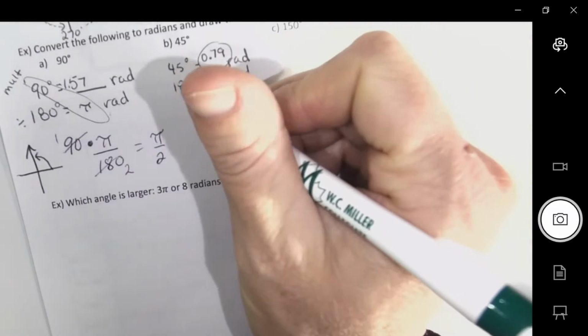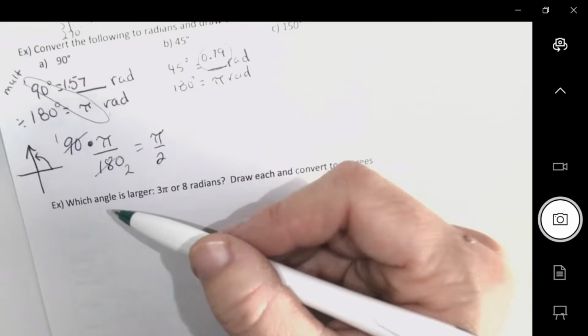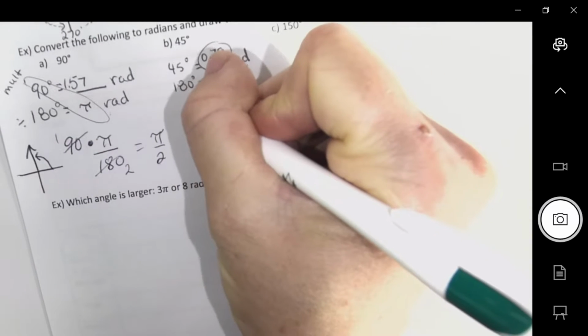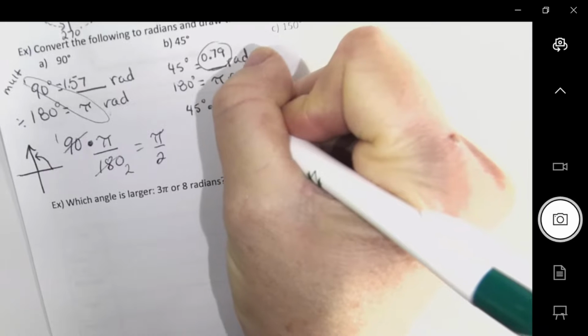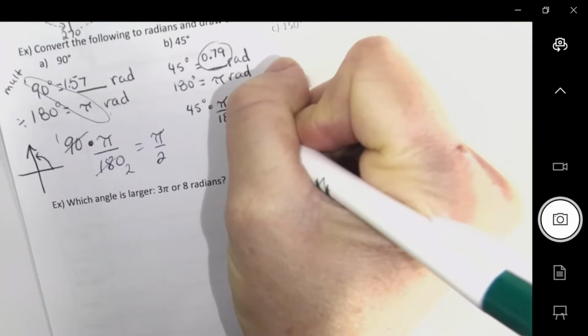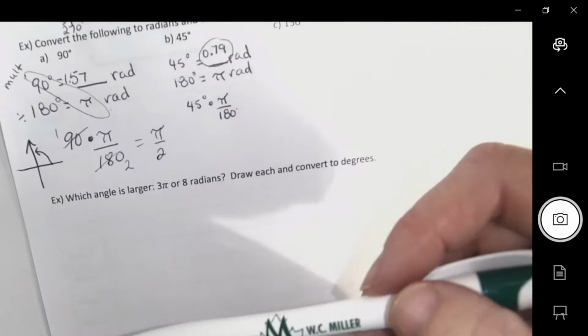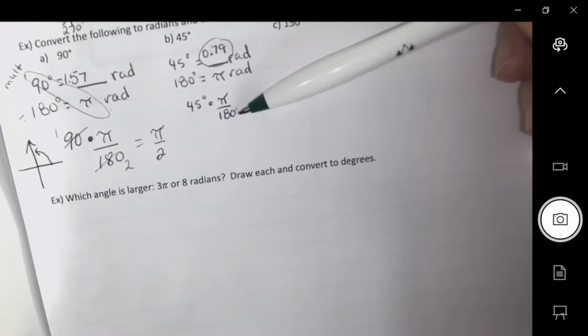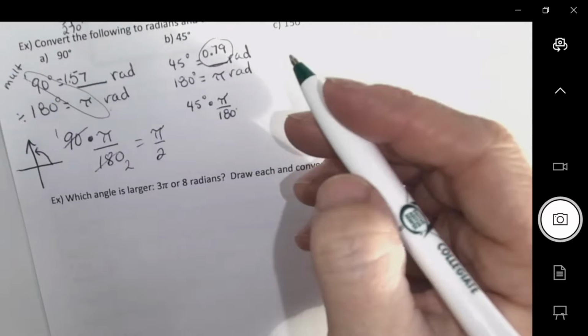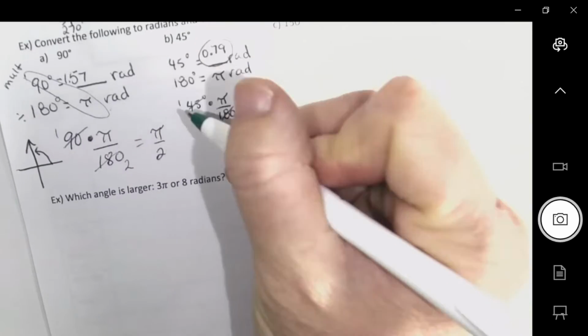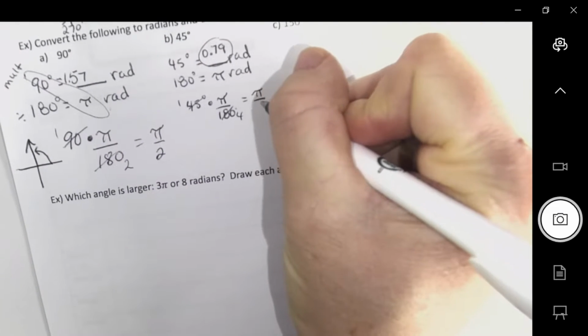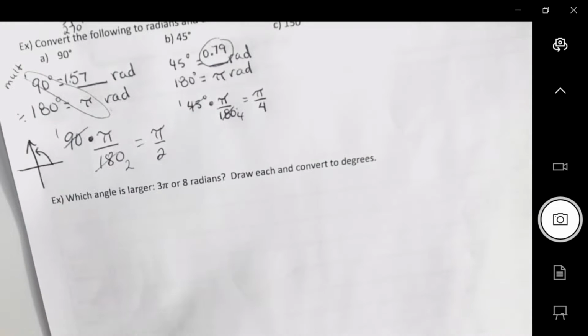And if I'm to think about it like this, you might see this again. So again, we times it by pi and we divide it by 180. And if somebody was doing it like this, they might see I can reduce, this is divisible by 45. So 180 divided by 45 is 4. Okay, and that makes sense to me